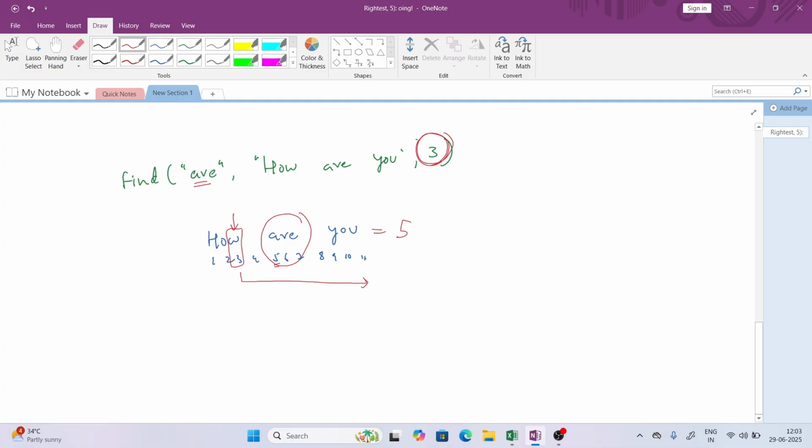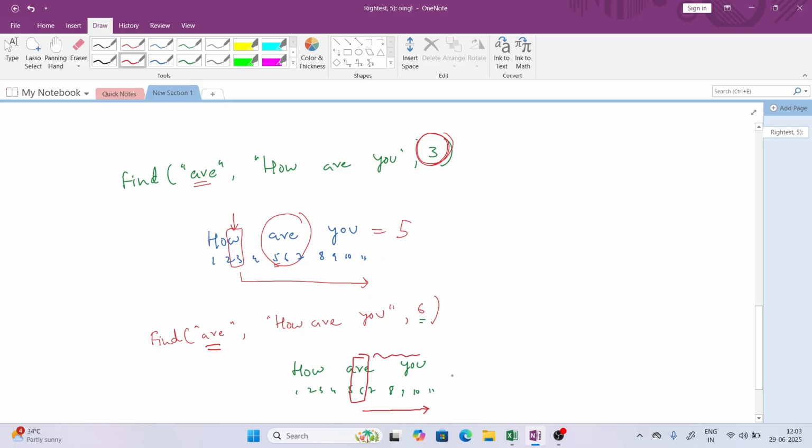Now again, same question. If I give find R and I'm searching in, let's say, "how are you", but now let's say if I give the start position as 6, what will happen? Same thing: how are you, 1 2 3 4 5 6 7 8 9 10 11. But now it will search from the 6th position. What do we have? A, R. So it searches to the right side of it, whether there is any R or not. You can see there is no R there,